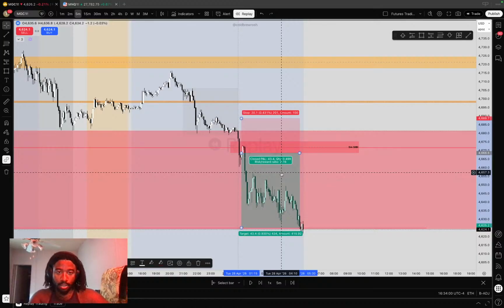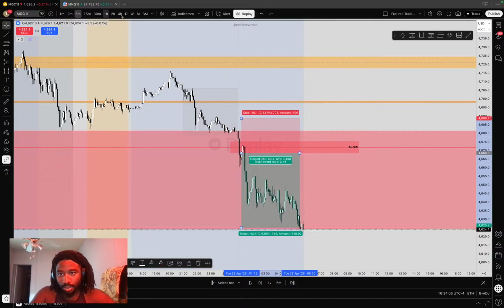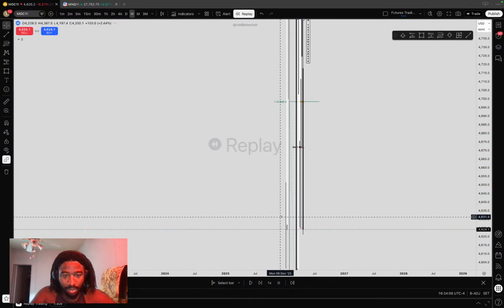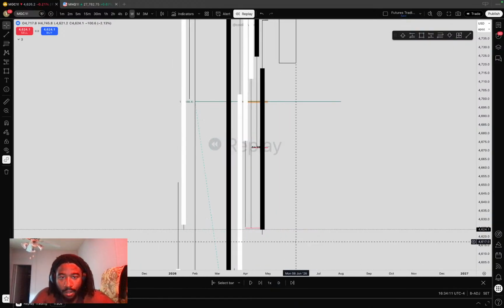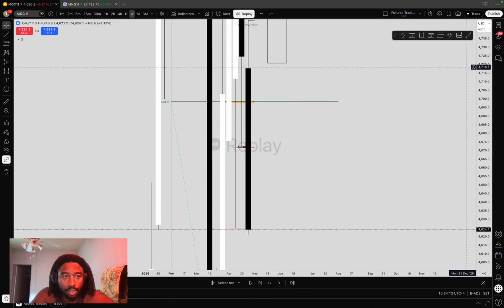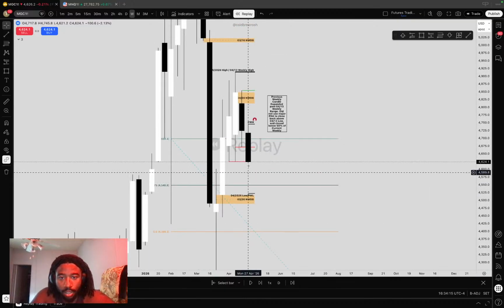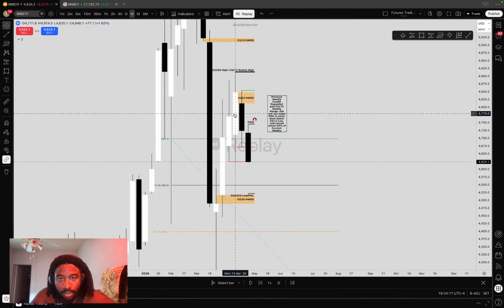Which is why, like you see in our group chat, I didn't really text at all. Especially after we got to here, right? So we got to here, which was again, remember we had the range established by the 413 weekly candle. So we got here,